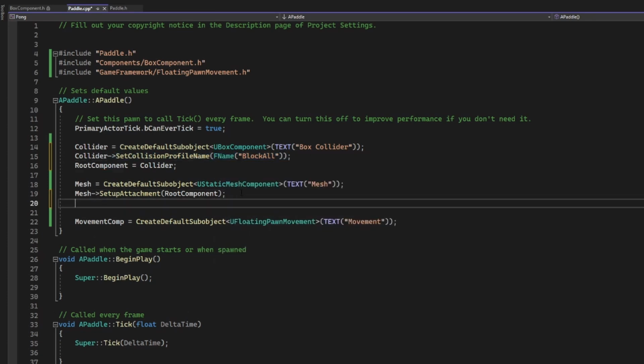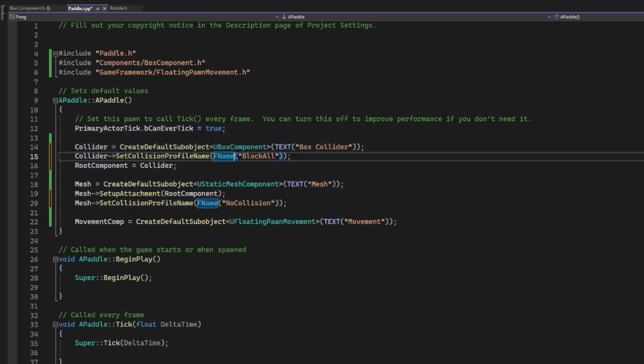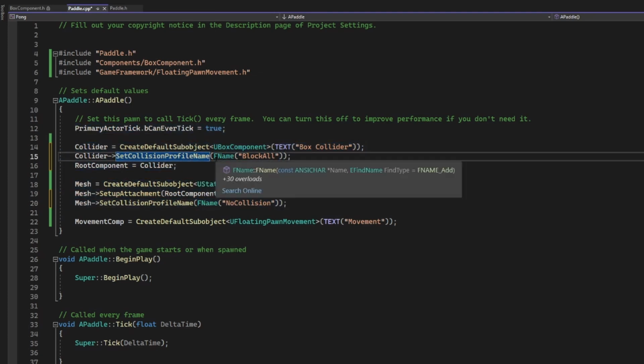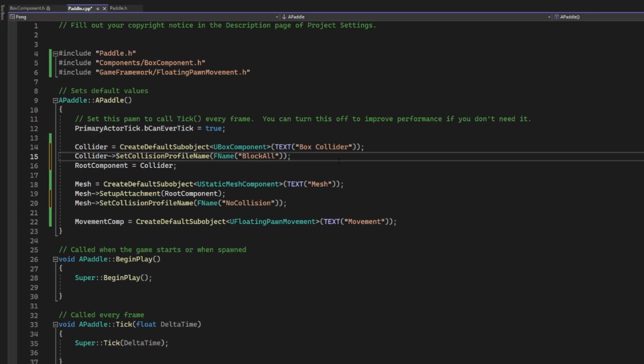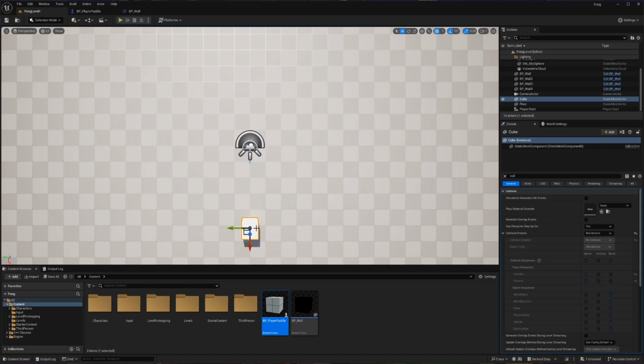And we can do something similar down here for mesh, except we want the name to not be BlockAll, we want it to be NoCollision. So now this sets up the default for our paddle to use different collision profile names. That stops us from having to manually do it every time we create a blueprint. So let's save, compile. But that is the absolute basics of collision in Unreal, and that's all you should need to know